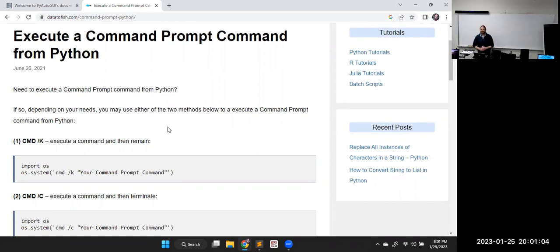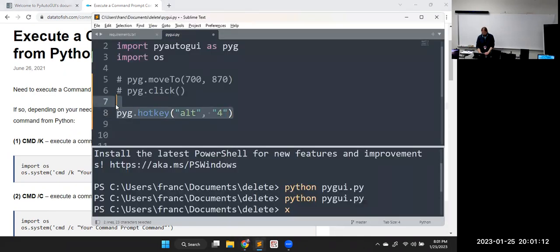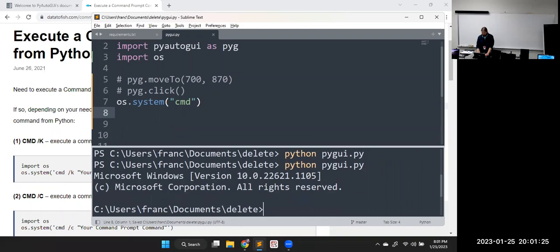Command, and actually that'll just open the prompt. So if we do os.system, pass in CMD. When I run that, well, I was already in the terminal, but you see it switched from PowerShell to command prompt. So same thing to get to PowerShell, right? PWSH. Yeah,